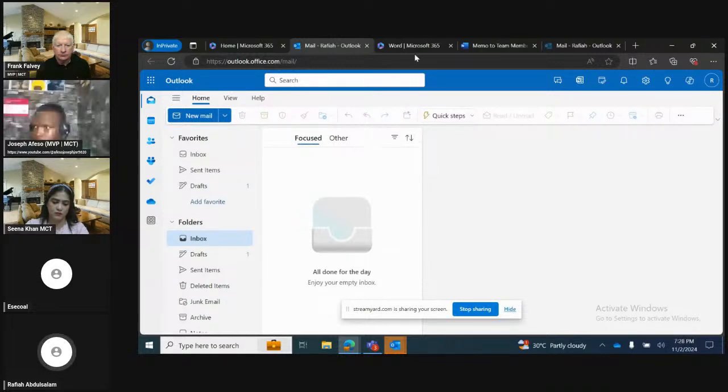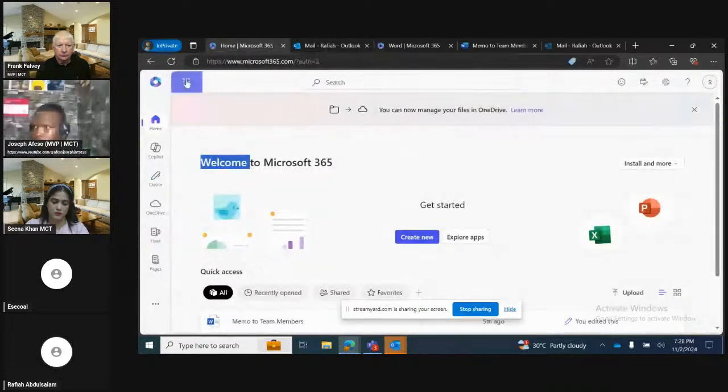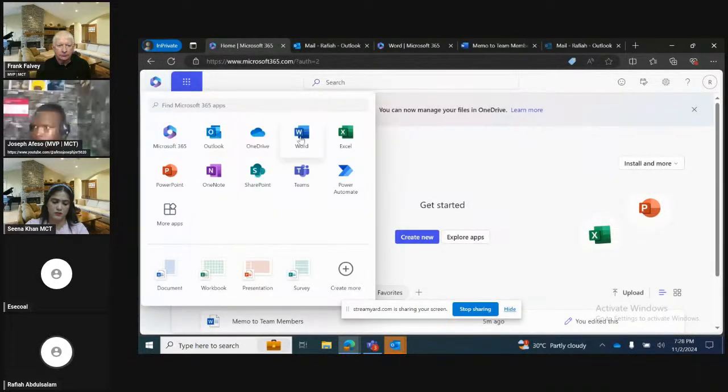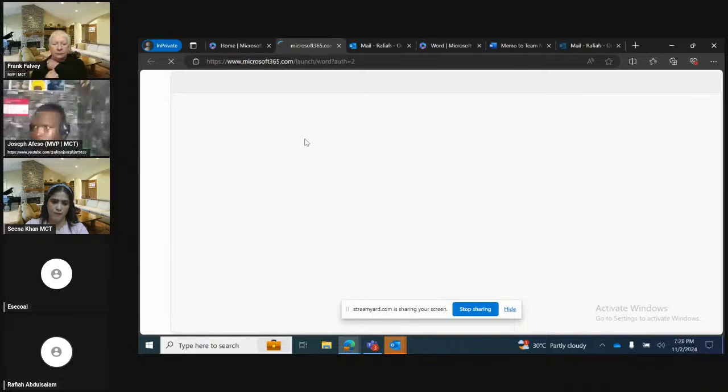Then if you're looking at Word, for example, I have a document I want to, let's say a memo, I'll just come over here, click on Microsoft Word. So for every application, you're able to use the Copilot to do whatever it is that you want to do. So for example, if I want to open a blank document,